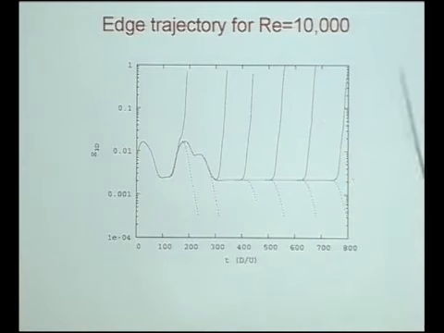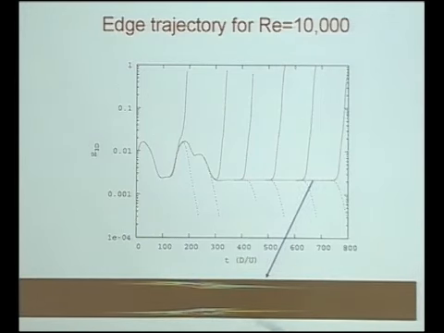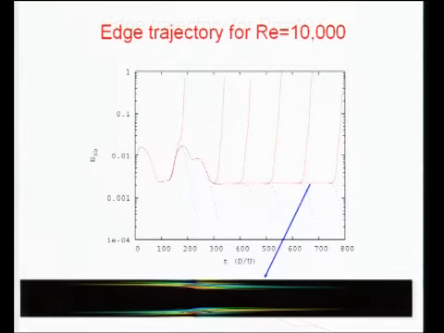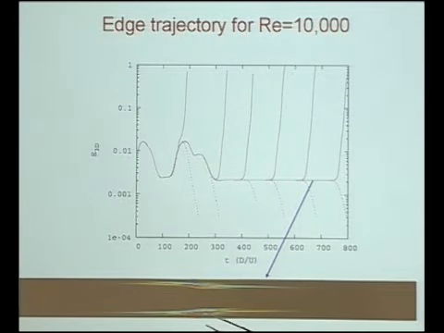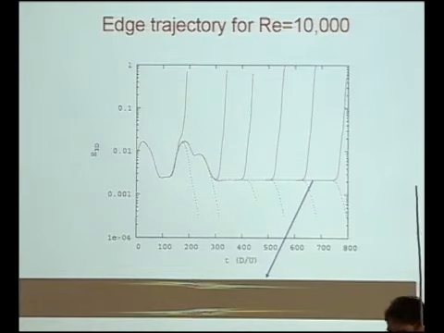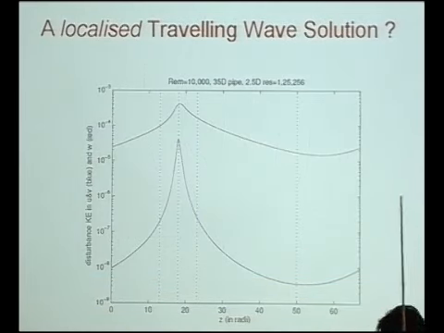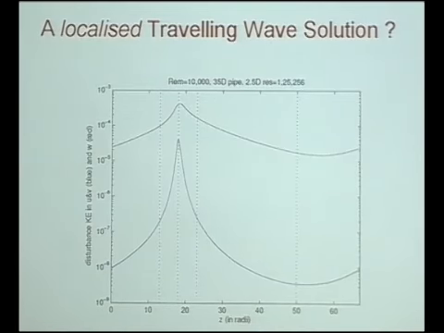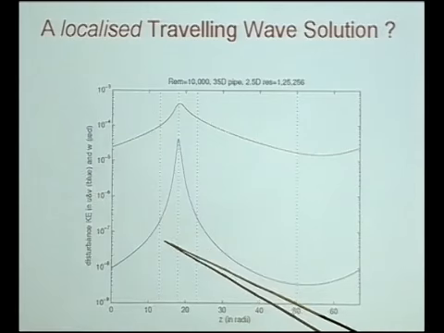It's interesting to see that we have to push up to such high values of Reynolds number where the turbulence, in this reduced model, is obviously contaminating the whole domain. However, the state that we have found here is seemingly a traveling wave, and is localized, both in the z direction, the axial direction, and also quite localized in the radial direction, if we look at the actual vorticity. So if we have a look at the structure of this state,